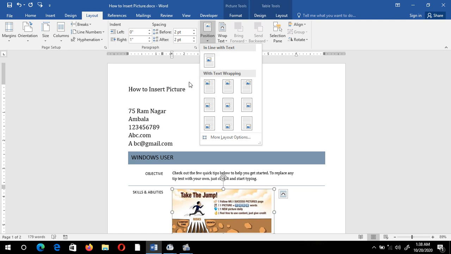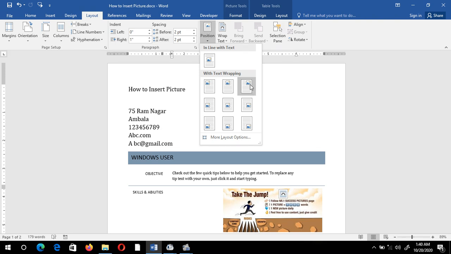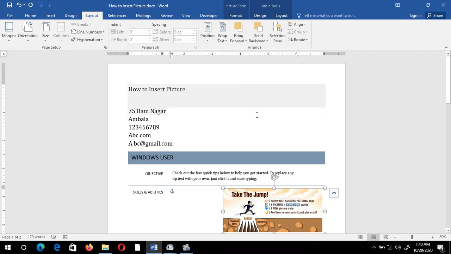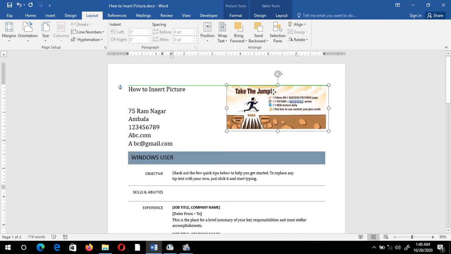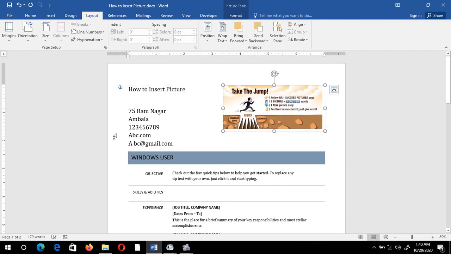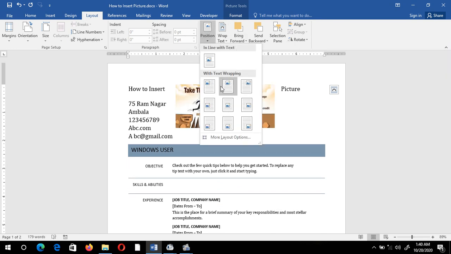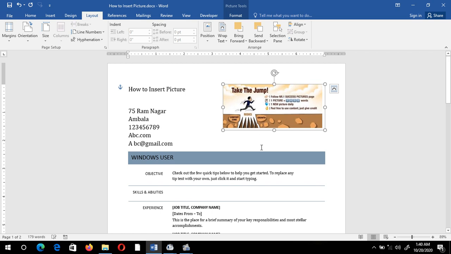By default it is showing nine positions: upper right, left and center. Similarly bottom right, left, center and center positions. Now I am just going to select the upper right position. Now I can drag my image to the upper right corner. If you want to change this image, again you have to click here and you can change the position of your image. So in this way you can insert a picture by using the position option.